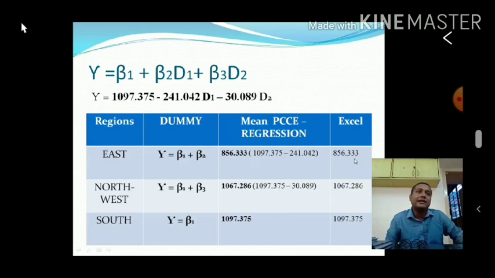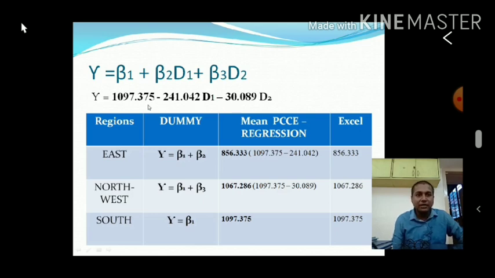But in Excel we directly say that the mean per capita consumption expenditure of East is 856.33, Northwest is 1067.286, and South is 1097.375. When we get a regression function, we interpret by comparing with the benchmark.